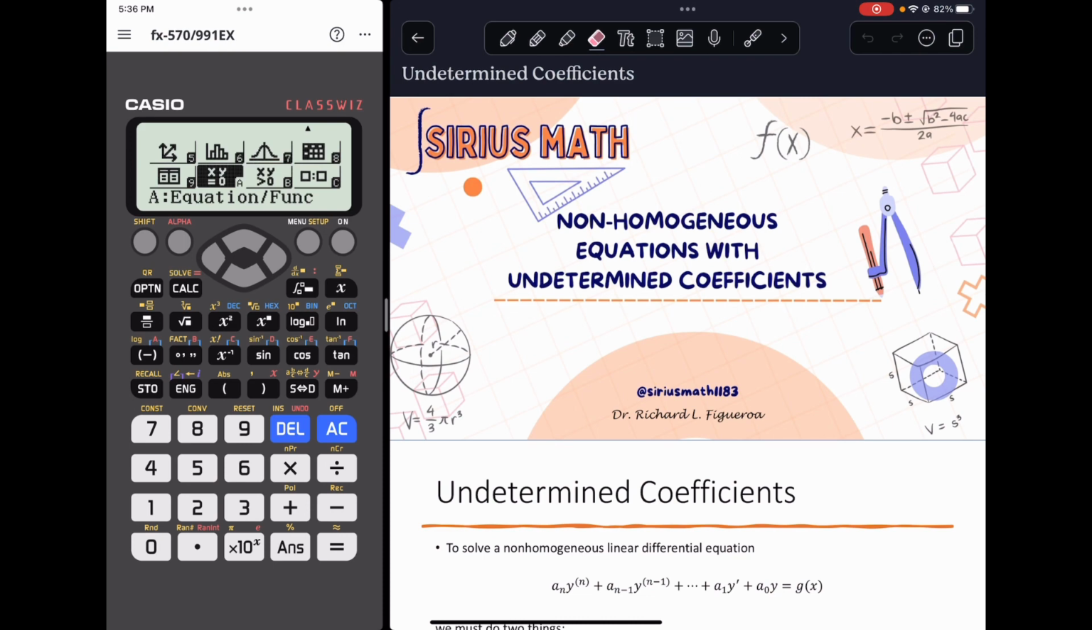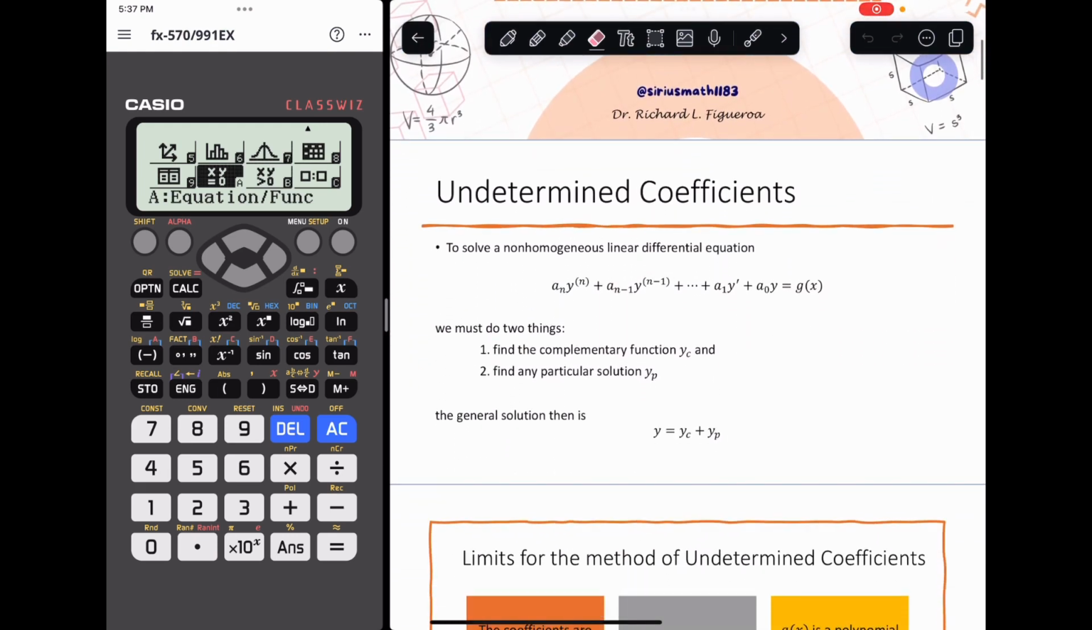Guys, for today's video, we will be discussing another method of solution for higher order differential equations. This time around, we will be considering non-homogeneous equations, particularly using the method of undetermined coefficients. We can recall that non-homogeneous equations are equations which contain the dependent variable together with its derivatives,